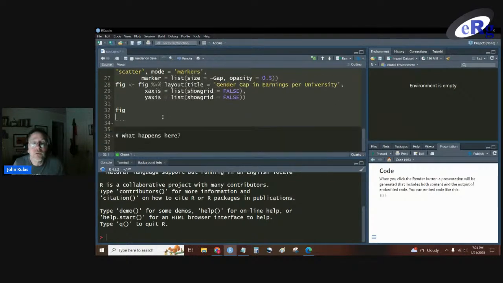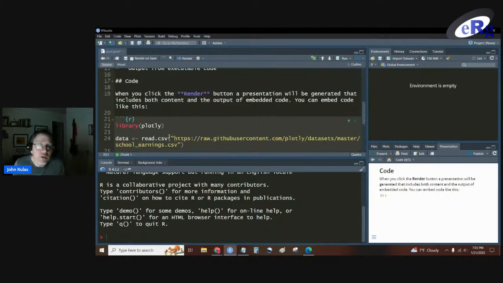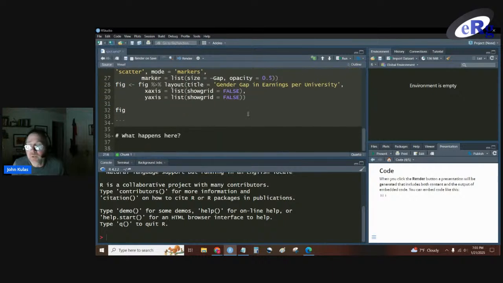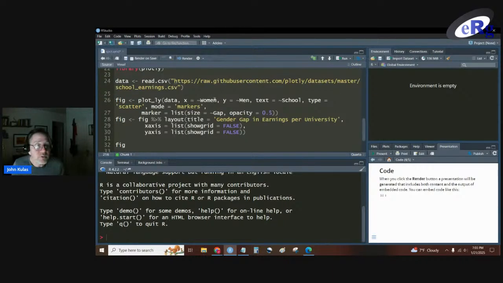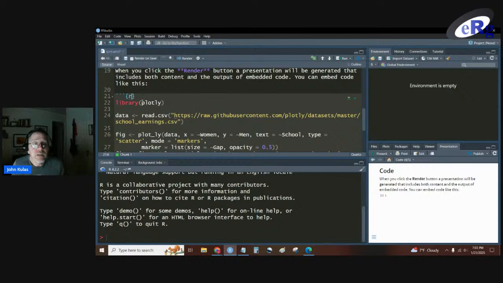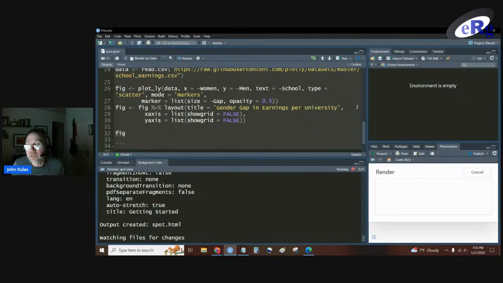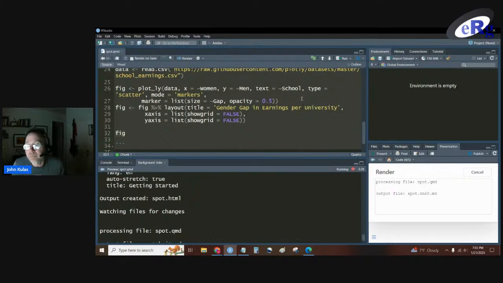There's a code chunk. So the way that in these Quarto or R Markdown files you interact with R, the quantitative processor, is to use what are called chunks. These chunks are identified by these three ticks. This is an R chunk. You can have a Python chunk. You can have a Mermaid chunk if you want to do a picture. Maybe we'll do a picture for slide 2 before we call it a night. But I'm loading in the Plotly object and I'm asking for my figure to be rendered. So let's see what that does.